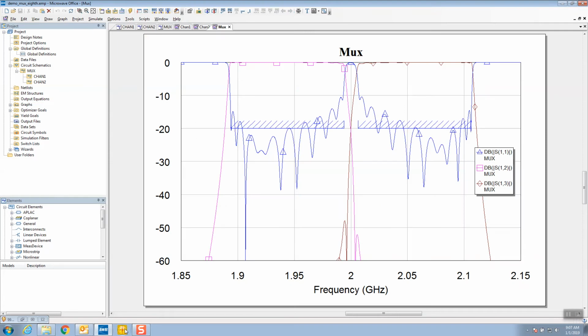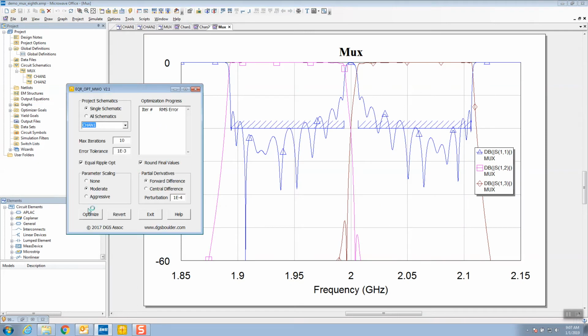So now we can start the optimizer, and again the optimizer can look at a single schematic, or in this case, since we have three schematics for the channels and for the top level, we tell it to look at all the schematics when it's looking for variables and reflection zero frequencies. And then we need to tell it that the schematic called MUX is the top level schematic. So if we hit the optimize button,